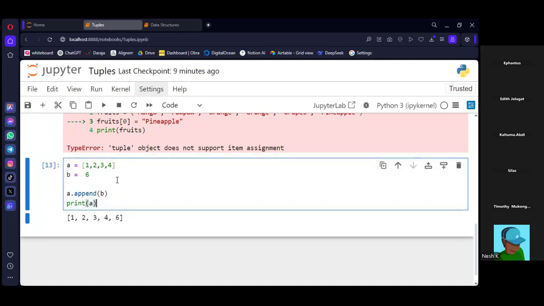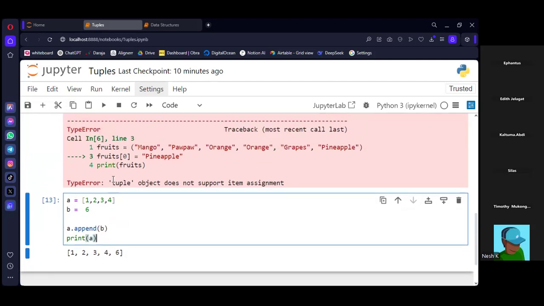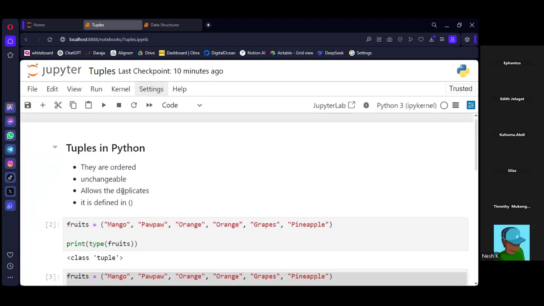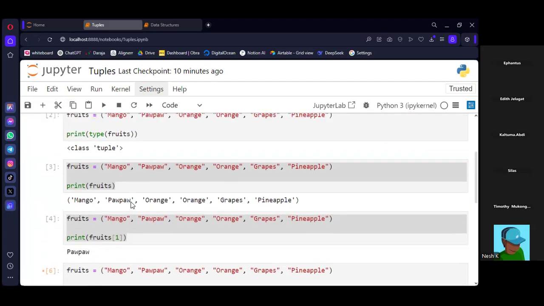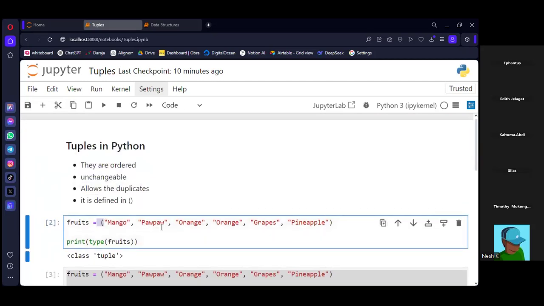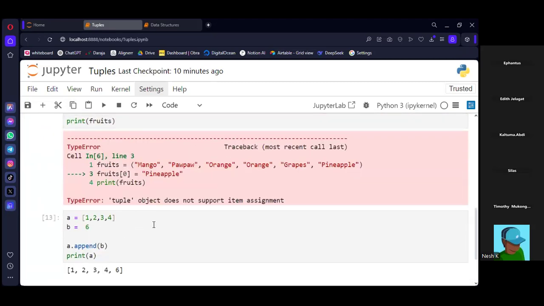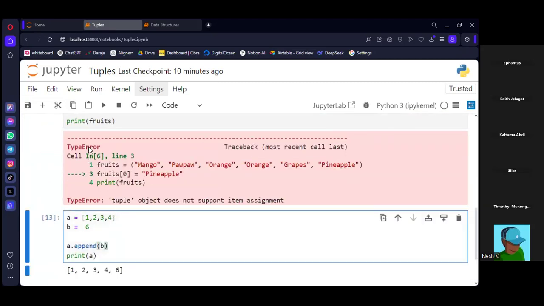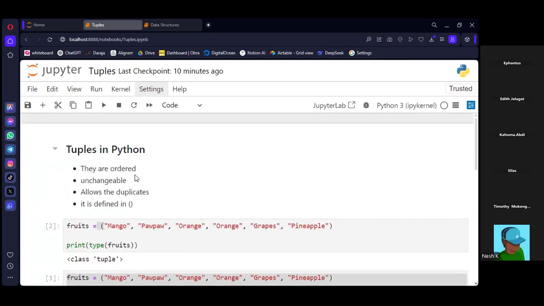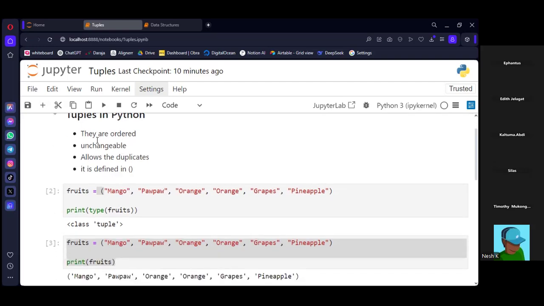So you notice that you cannot use the append method because the tuple is immutable, it is unchangeable. And we have also demonstrated that it is defined with these rounded brackets. So I believe that is clear. Remember, there are several methods that work under these attributes, such as being ordered. There are several methods you could use, for example, to access the elements, slicing and all that.